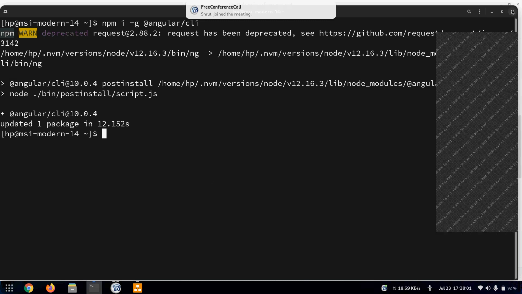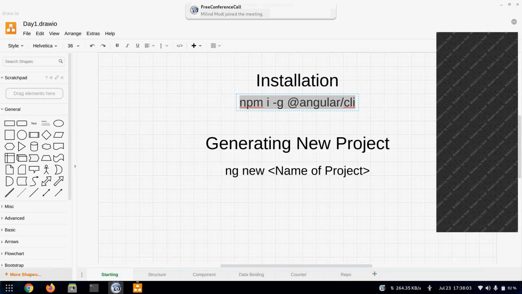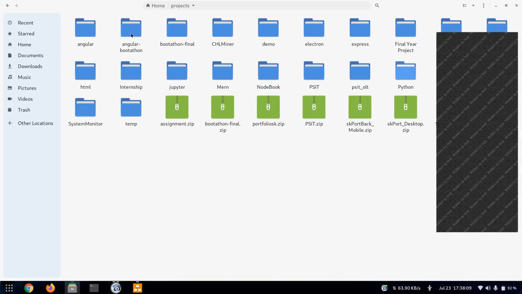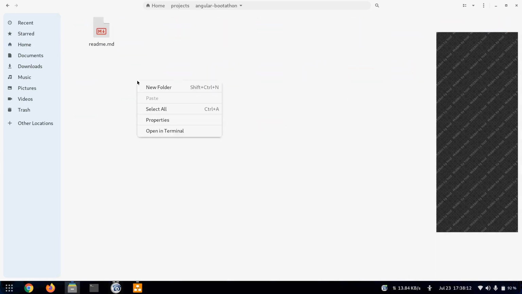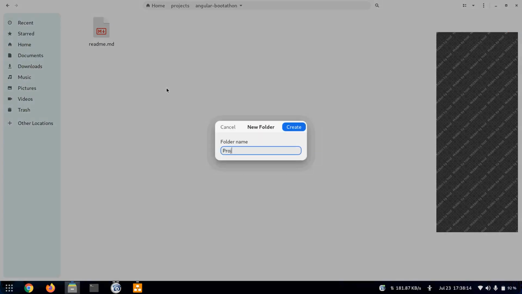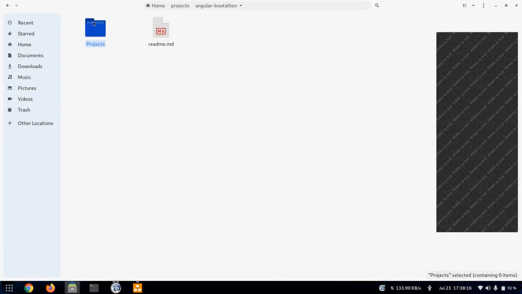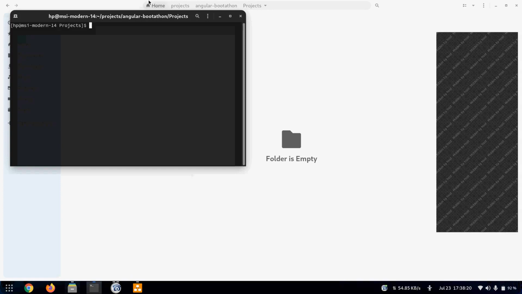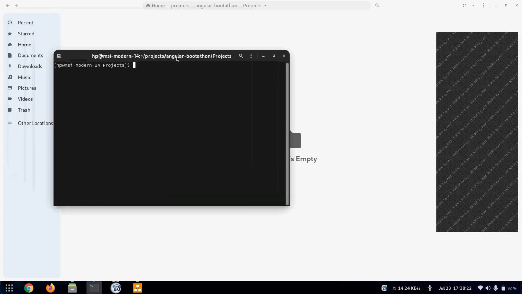So now to create new Angular app, we'll first open our terminal where we want to create a project. For example, I'll create a new folder here called projects. Okay, then we'll open a terminal or CMD if you are on Windows.